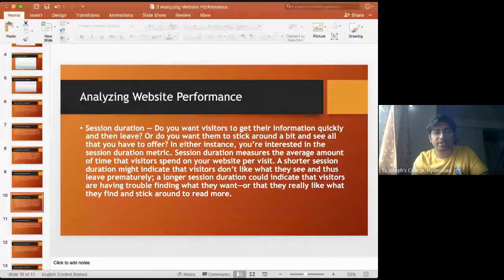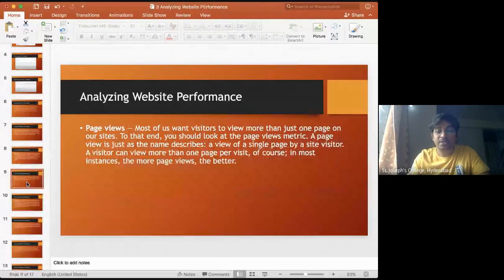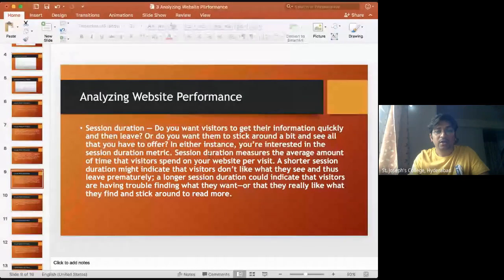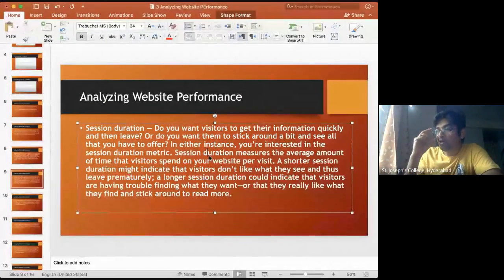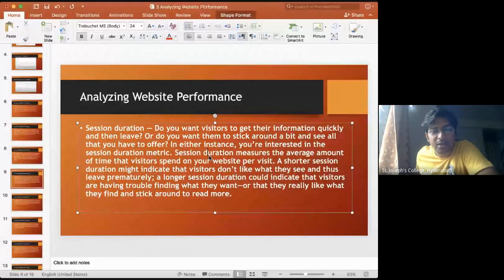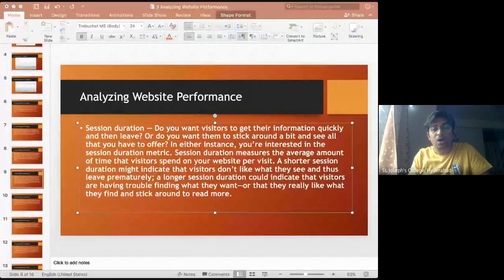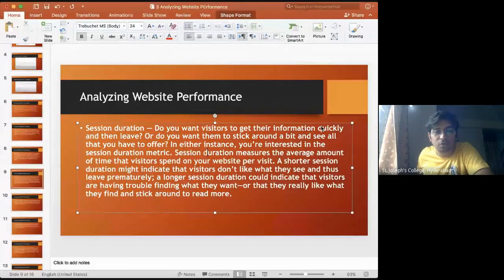Next is session duration. Session duration is how much time each visitor is staying on your website. For example, if the user is staying less than 1 minute, that means that user did not like the look and feel of your website. He was not at all interested with the first impression of your website, so you're not able to hook him onto your website as he has left within a minute. So session duration is a really important factor to see how much the visitors have hooked on and stayed